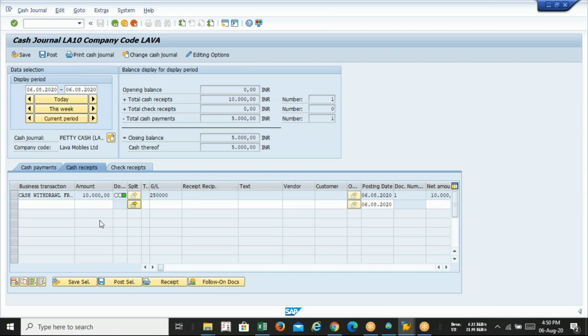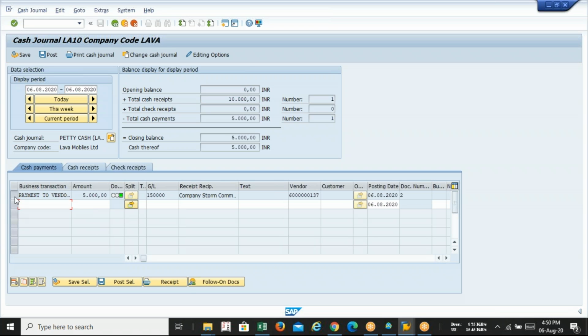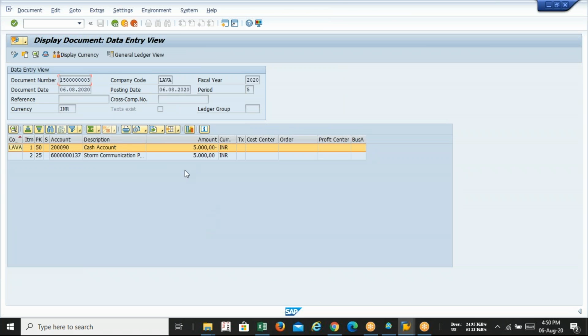And if you want to check the journal entry, select the line item, click on the follow-on document, and you will get the information of the journal entries. So if any student is not able to understand accounts at all, say for example, he or she doesn't know debit and credit at all, I think SAP will take care of it. Because in SAP, the golden rule and modern rule are not required. The only thing required is that you understand how to configure.